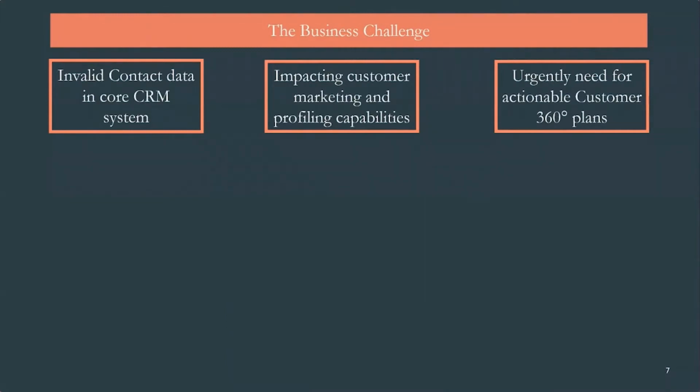The quality, or the lack of quality, in contact or customer information in our CRM system means that it's difficult for us to be impactful with customer marketing and profiling capabilities. If we can't do analytics reliably, then how can we create the necessary insights and actionable outcomes that we want? In addition, this particular organization urgently needs to create a 360-degree view of their customer to help drive upsell and cross-sell across digital channels, which are becoming more and more prevalent as the organization pivots to digital channels because of the changing environment and market that we now live in.